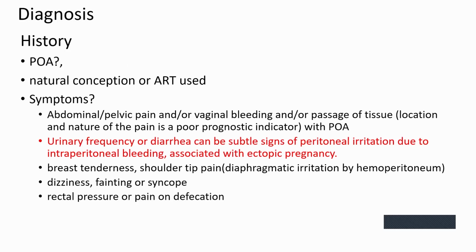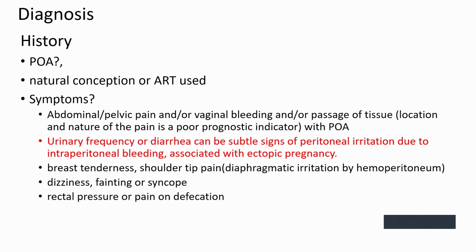The diagnosis is clinical, which is aided by ultrasound scan. Any woman in the reproductive age group can be pregnant, and it can be an ectopic pregnancy. So any woman who presents with a period of amenorrhea and a positive urine HCG test, we should be vigilant enough to suspect ectopic pregnancy unless proven otherwise. In the history, we should ask for the last regular menstrual period, calculate the period of gestation, and check the urine HCG test to see whether the patient is pregnant.